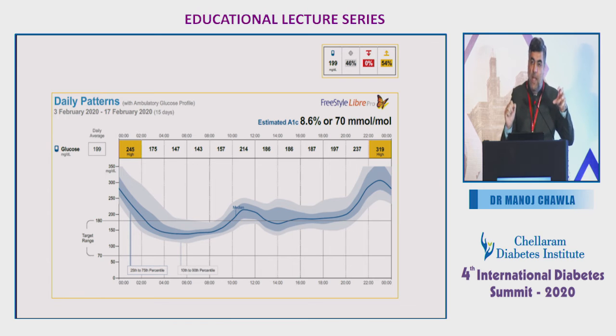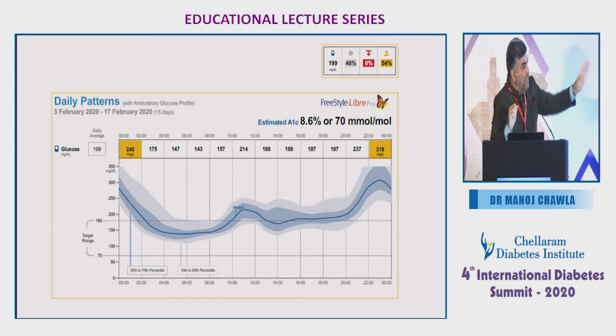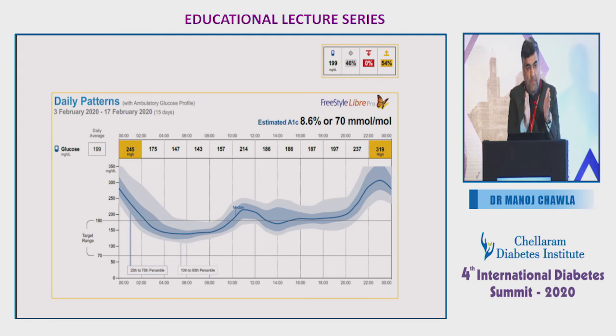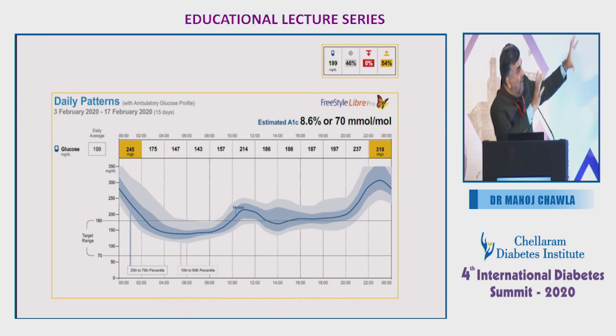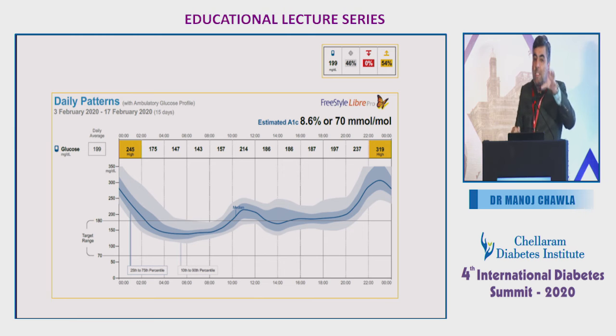In simple words, if I have to define variability, you're talking about the breadth of the python here. So let's look at all AGPs as a snake which is moving from the left side of the room to the right side of the room. The thinner the snake, the better for you. Once this python has had a meal, it's going to go wider. And the wider the portion in the day where the python is still digesting the food is the point which you call variable. So the moment you start seeing a fat blob somewhere in between, that is variability. That means at that point, in those 24 hours, this patient is being more variable at that point in time.